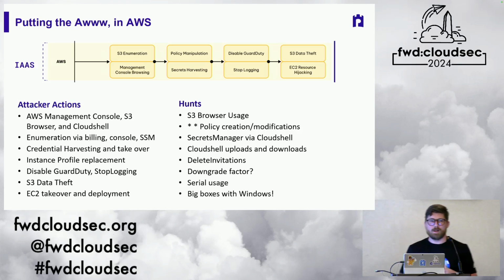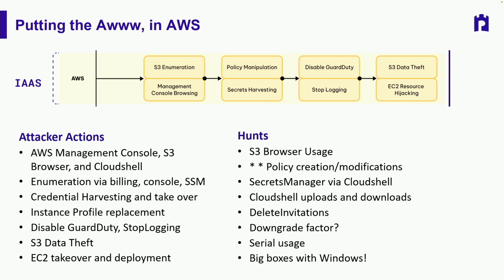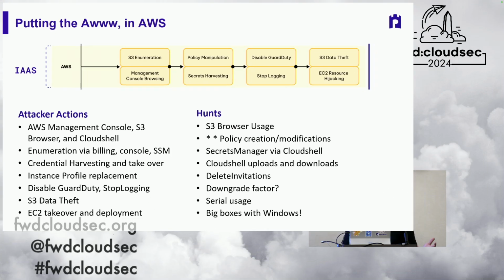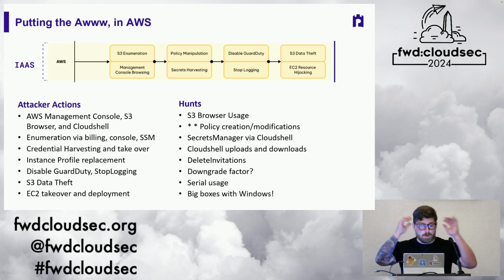AWS side of the house. What does it look like when they get into AWS? First, they're doing everything with GUI tooling. So they're sitting there in a web browser in the AWS Management Console for almost all the activity that they're performing, except for S3. They like using S3 Browser for S3. A lot of bad guys like using S3 Browser. A lot of good guys do too. So anytime I see it in an environment, I always run it down, and I highly recommend you guys do as well. Two of the groups that we've announced recently, LUCR-1 and LUCR-3, both really love using S3 Browser. So they're using GUI tools.